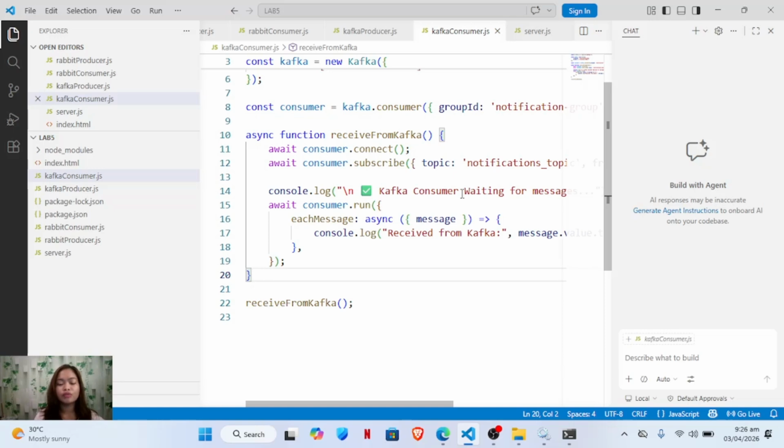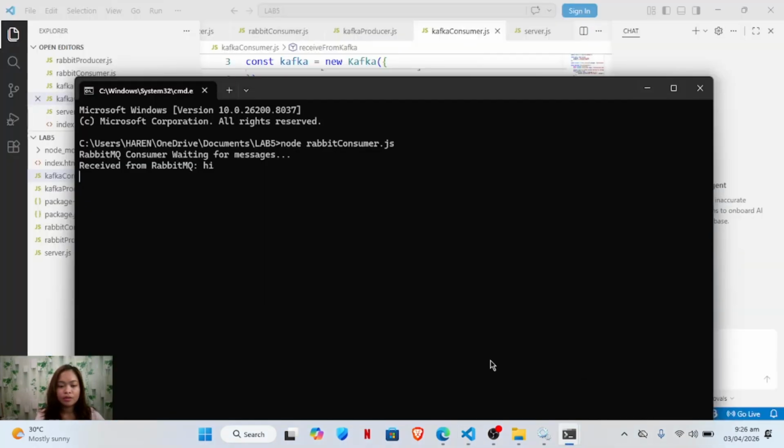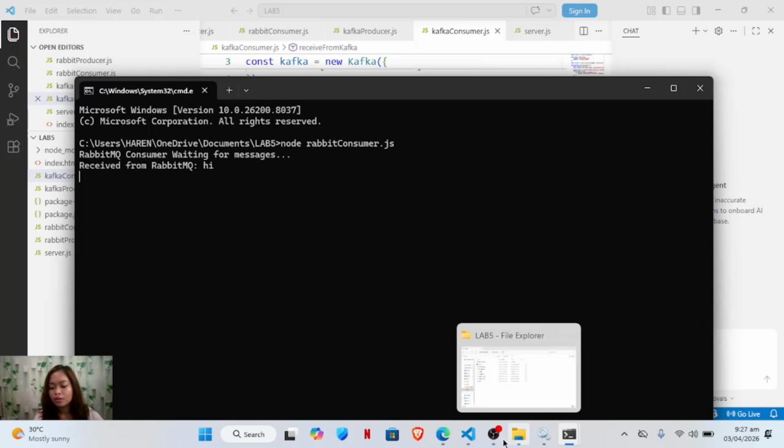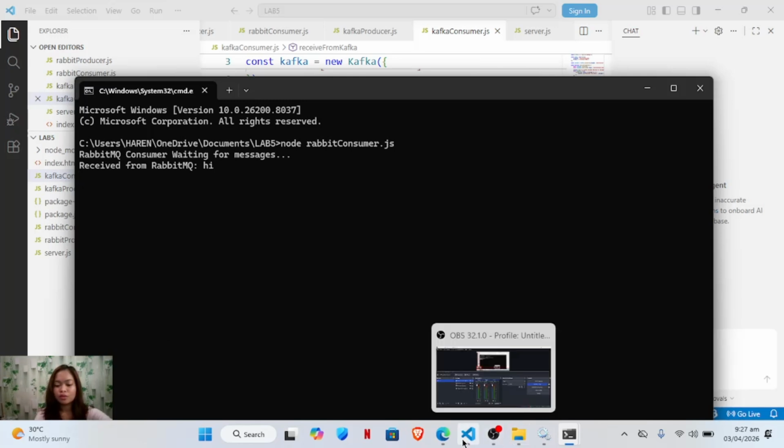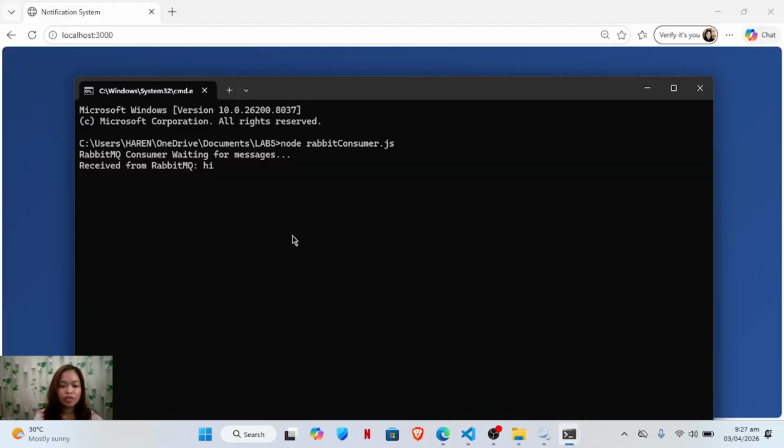Here is the summary of the simplified flow. The user sends a message, for example "Hi," and the server receives the message. The server sends it to RabbitMQ and the Kafka topic.